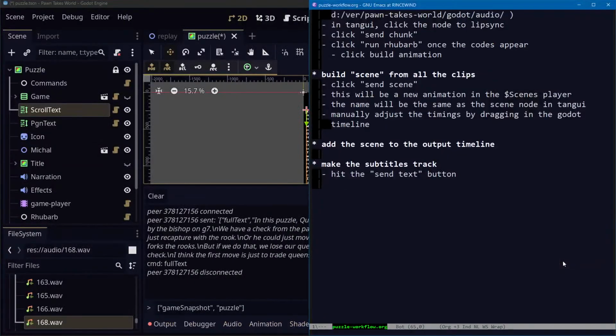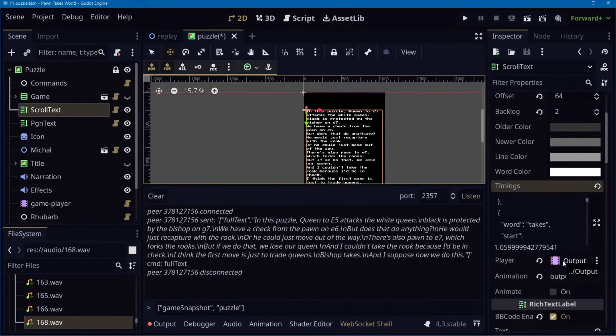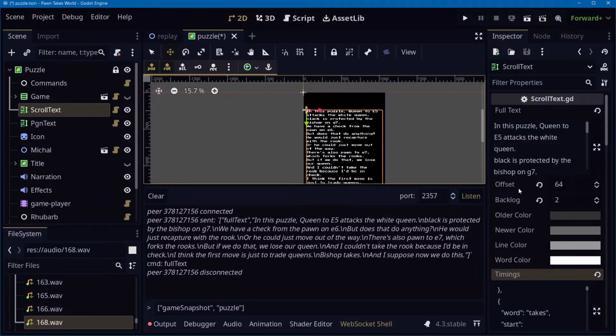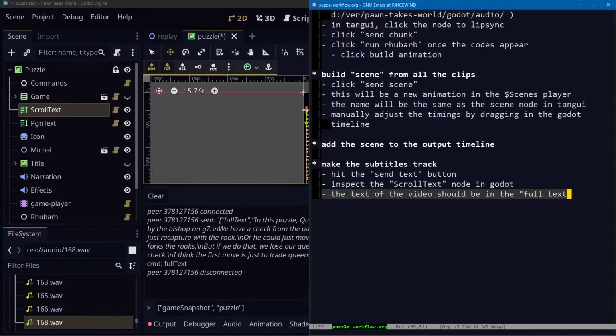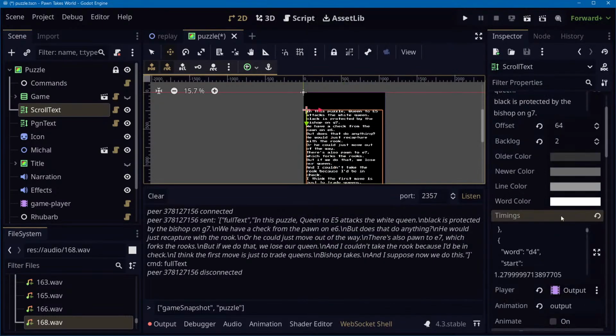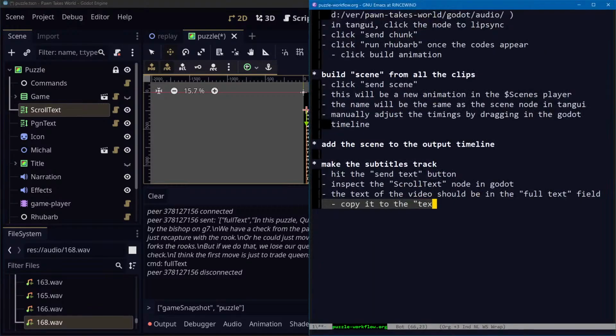So select the scroll text node, and then copy the text of the video. Text of the video should be in the full text field. Copy it to the text field